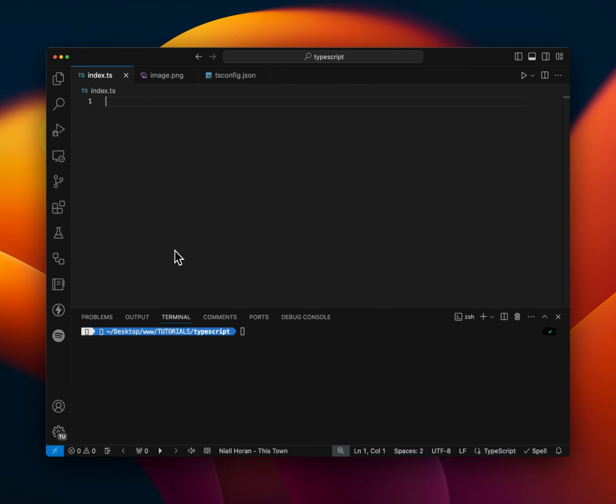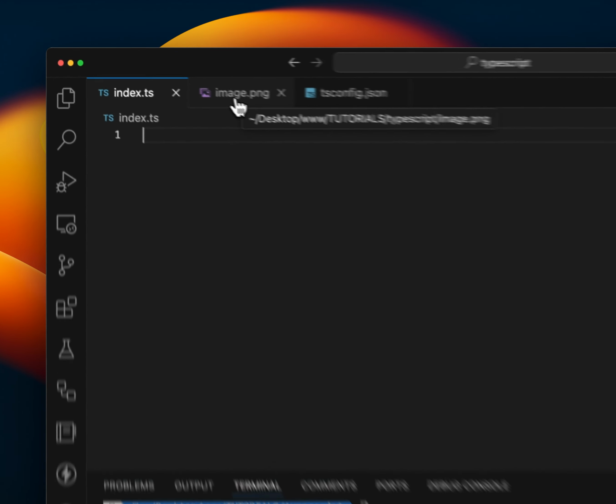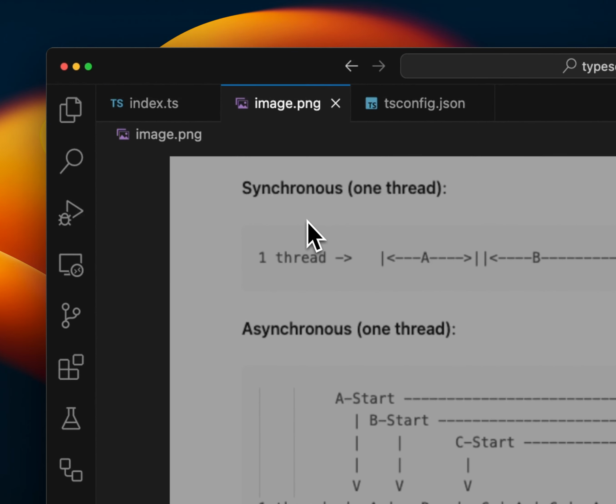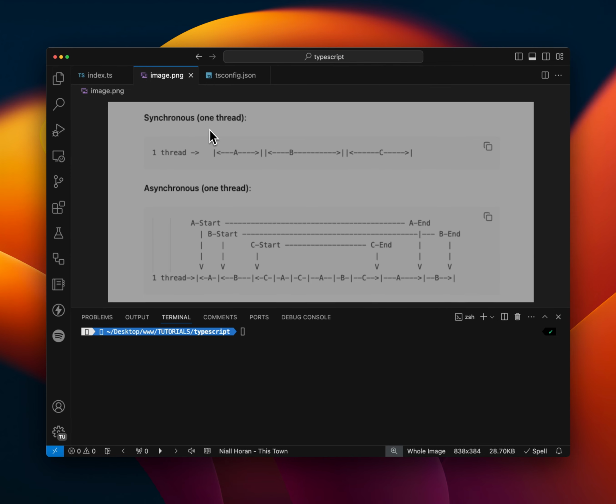Hello everyone, today we're gonna learn about synchronous and asynchronous operations. So first, to understand what asynchronous and synchronous operations are, we need to understand how it works visually before I start coding, right? So a synchronous operation, in this case both are one thread,